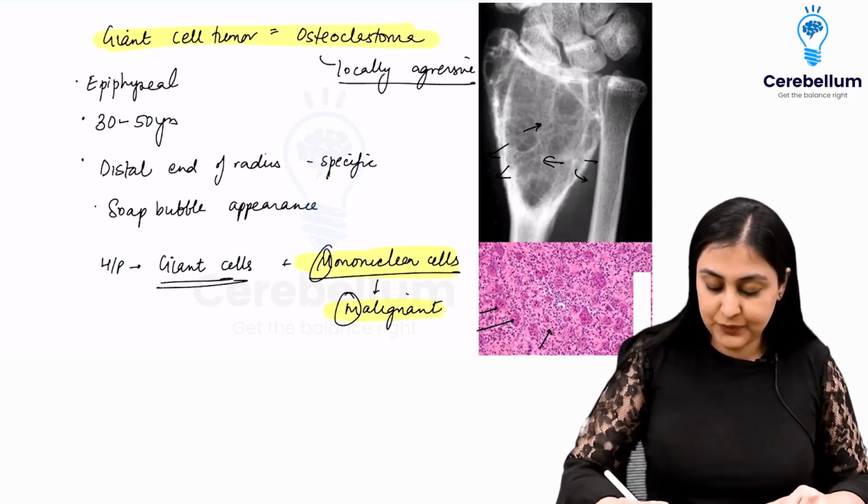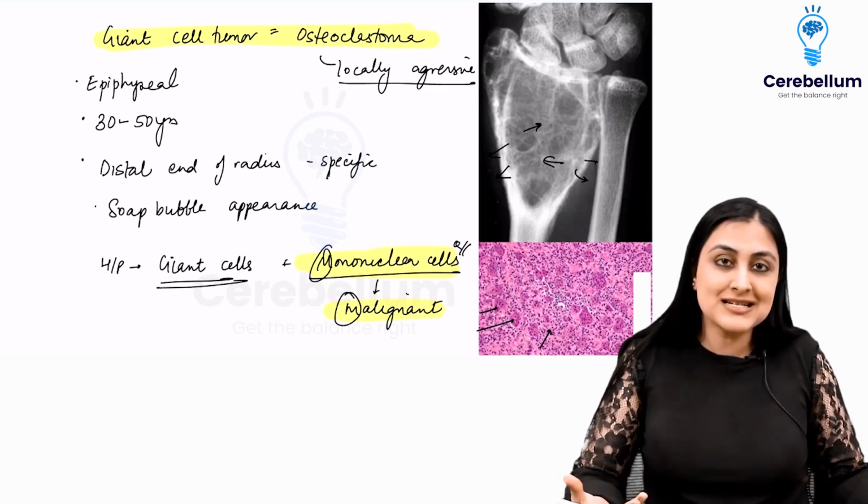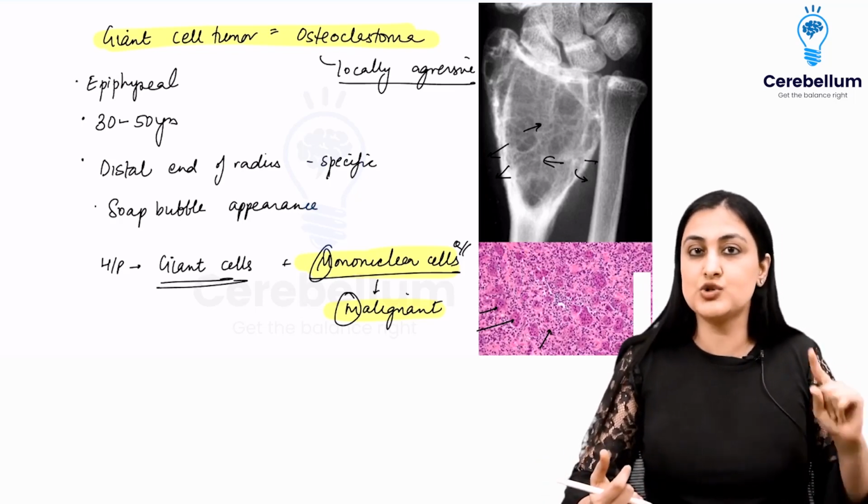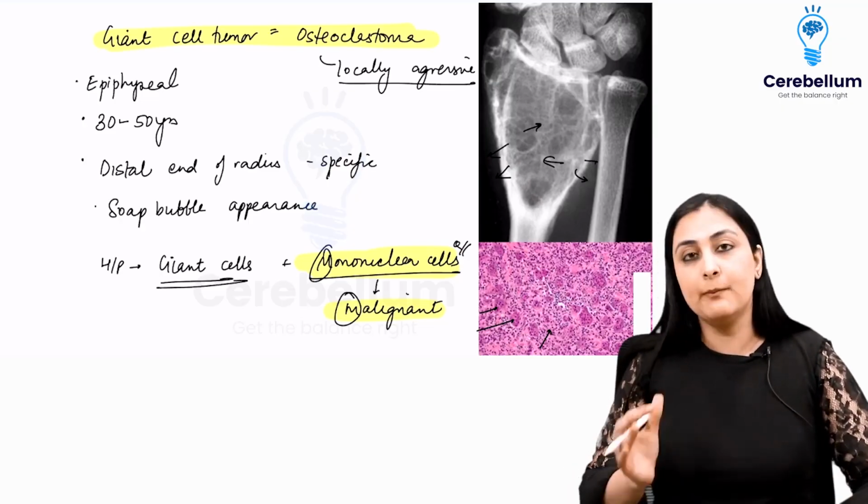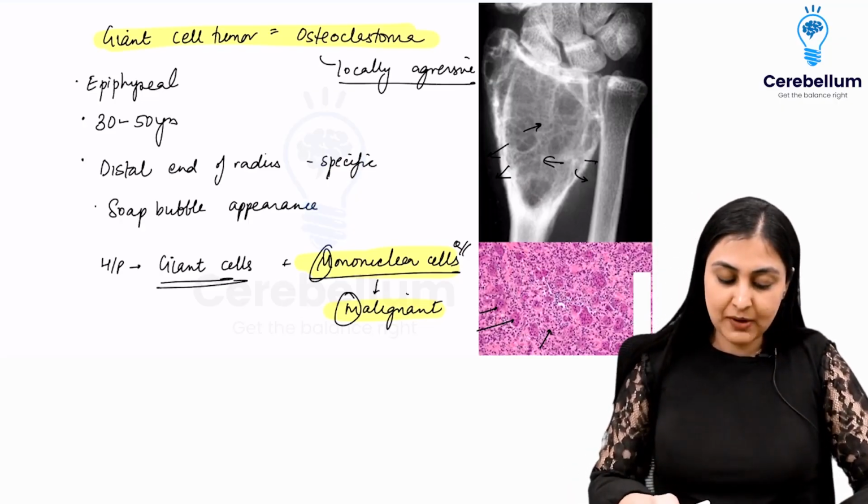And this is a repeat question. Logically you would think it's GCT, it's giant cells which are going to be contributing, but no, it's going to be the mononuclear cells. Fine. So this is about the two